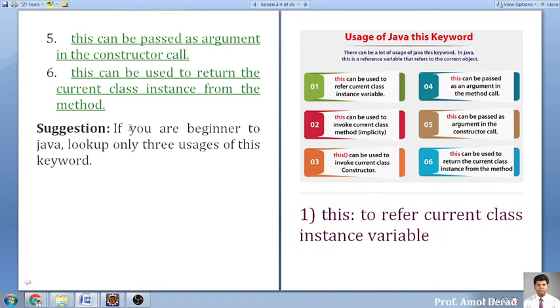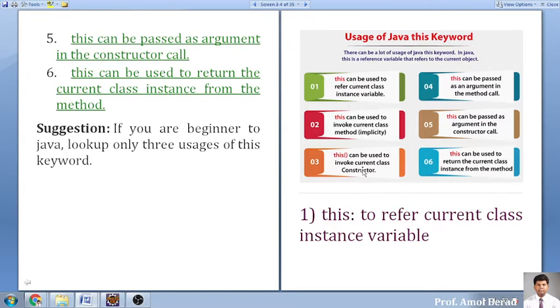What we have talked about, the sixth thing, has been highlighted over here, but what is important is that we need to understand how this can be implemented. So we'll have an example of this. First, this can be used to refer to the current class. Again, this can be used to invoke the current class method implicitly. Third, this can be used to invoke the current class constructor also. So you can invoke a method, you can invoke the constructor, and you can initialize the variable also. So three things, I think everyone is clear. We can create an instance of a variable, we can call a method, and we can call a constructor internally.